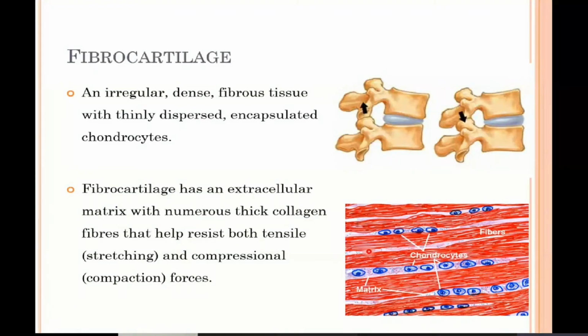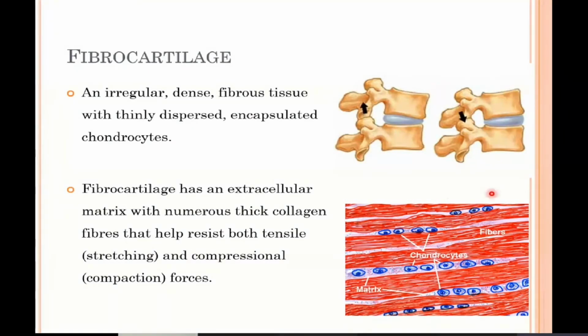And due to these thick filaments, those cells, the chondrocyte cells, are aligned into rows rather than getting dispersed randomly within the tissue. And one major feature of the fibrous cartilage is that it does not have a perichondrium around it, because due to the successive pressures and abrasions in the areas where this type of cartilage is present, like in the intervertebral disc and the knee joint, the perichondrium gets disintegrated.